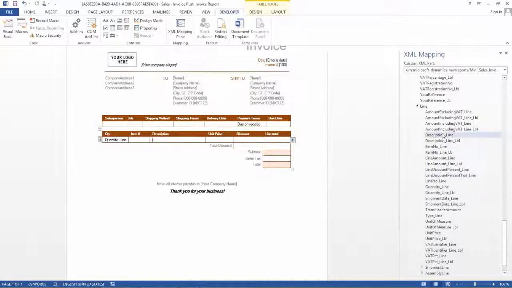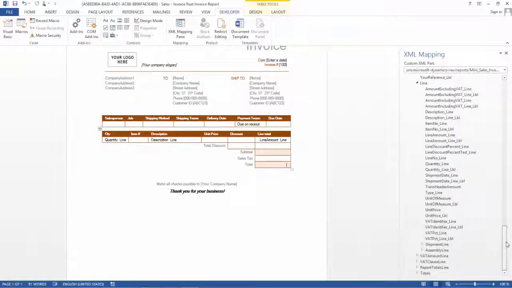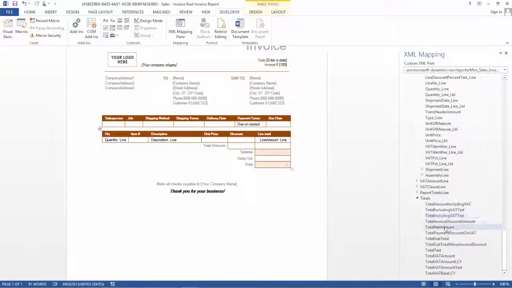Where are you? You're here. So insert content control and then plain text. We could do the same for the line total. So let's take the line total. So that's a line amount line. Insert content control, plain text, and then we could put in the total here. And let's find that. The total is a little different because totals are passed over in the data set as well. So I need to have that total here and insert the content control and then plain text. So now I added the total.